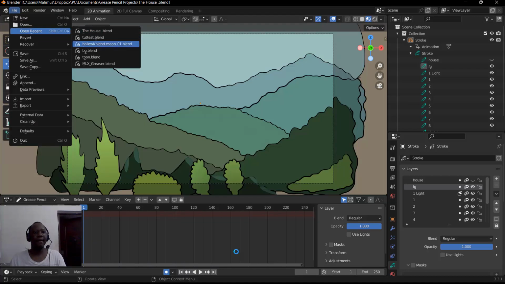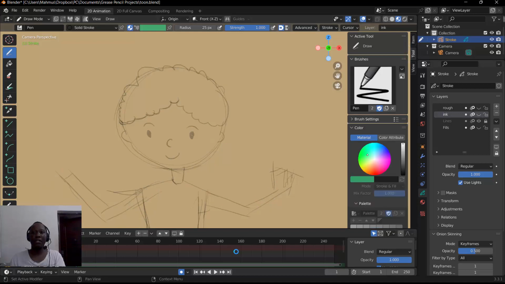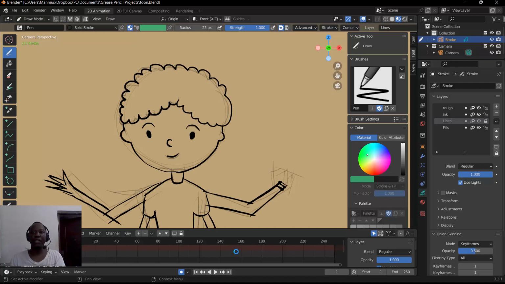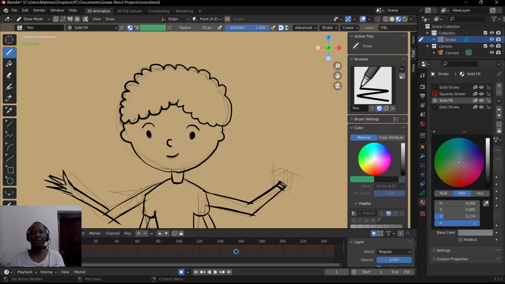And for the fills, I have a fills layer right here. So if I click on this solid fill and then change the color of the solid fill to something like this, right? I can now start filling this character like so with some color, right? Because that's a fill, it's not going to affect the layer. So I can just drag this color, and you can see there's some overlaps right there, and you can use this to kind of mask your character, or create sections, or create some shadows for